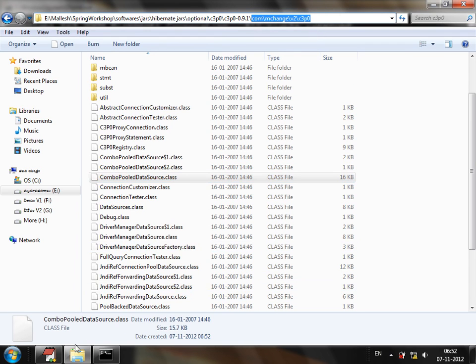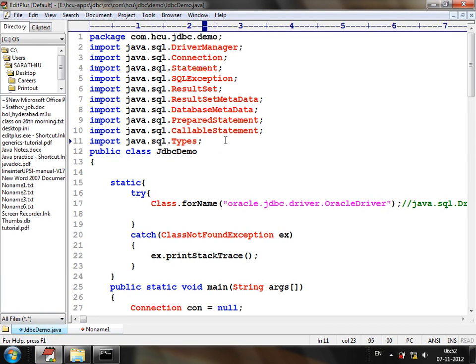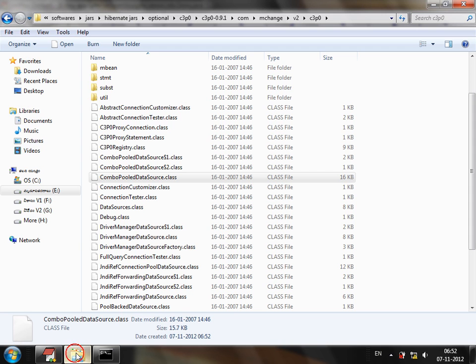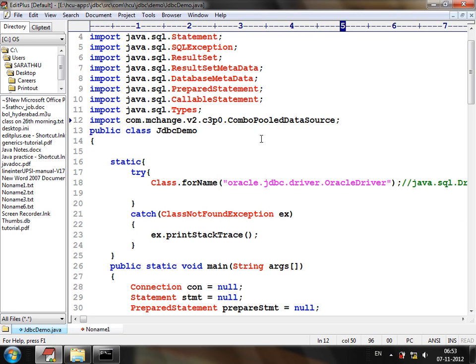This is the package structure: com.mchange.v2.c3p0.ComboPooledDataSource. This ComboPooledDataSource is a class which is used